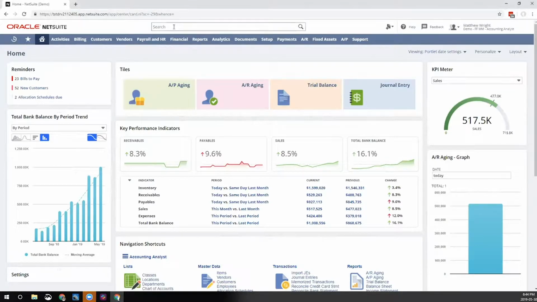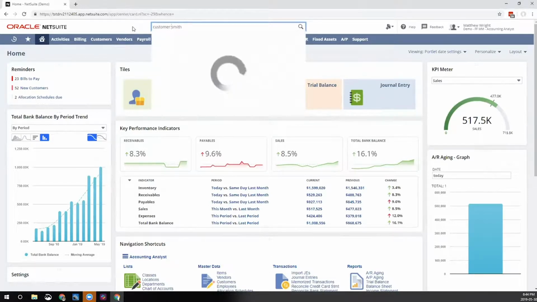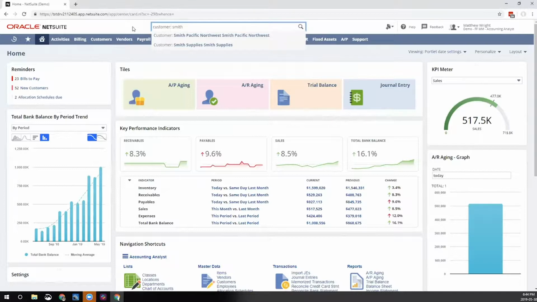Now, anywhere in NetSuite, I'll always have the global search bar. This is where I can Google the suite. So for instance, if I were to search Smith, I'm going to get matches on multiple record types, whether it be employees, customers, or contacts. I can filter down this list, though. I could enter customer, and I would see only customers. Now keep in mind, I can also use the shorthand. I could just use CU for the record type, and I still get that matching on customer. The same is true of employee. Now I would only see matches on employee. So we can find really any information we need in NetSuite very easily from the global search bar.